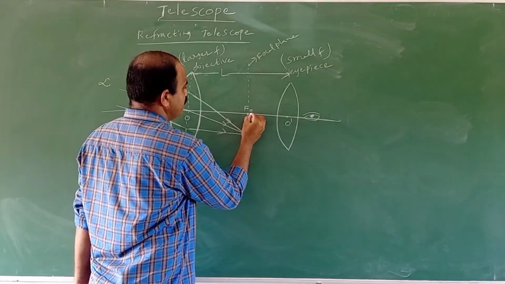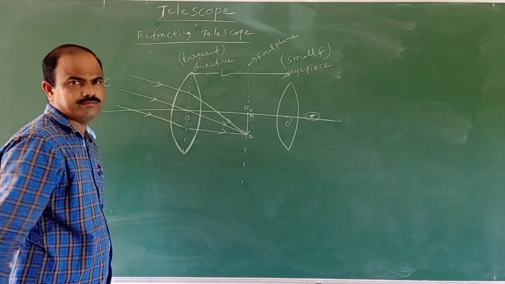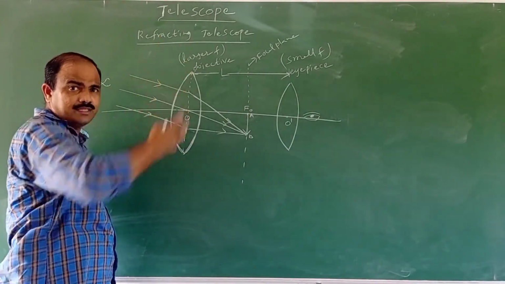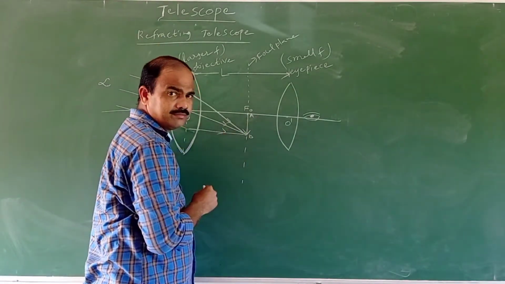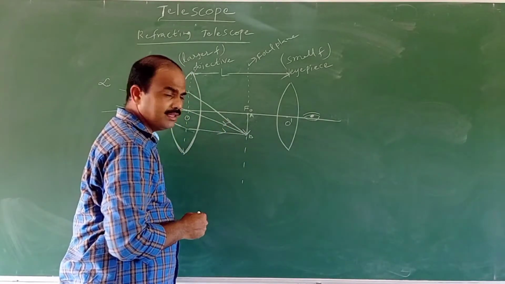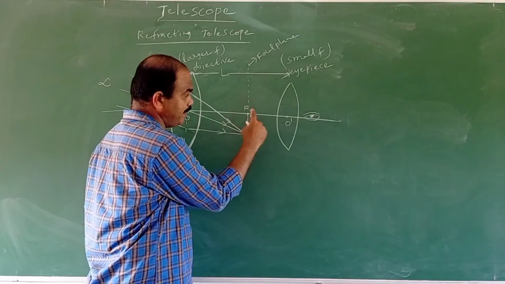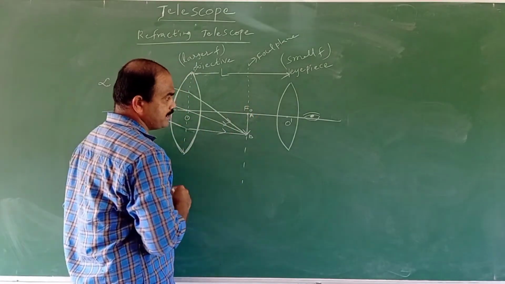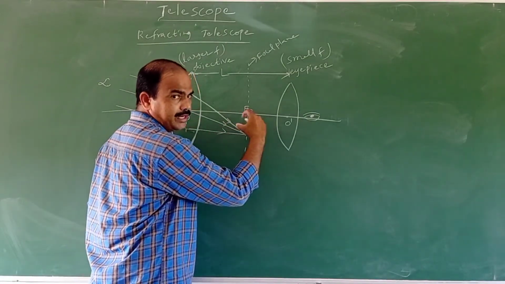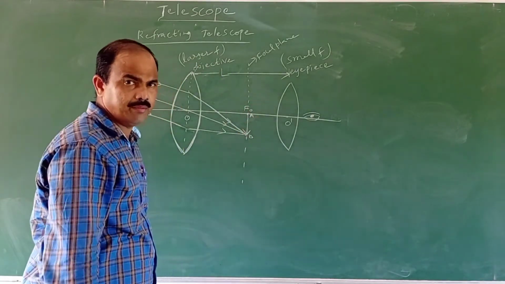Now consider this image to be AB. AB is the image formed by the objective, the image of the infinity object. It is an inverted image, formed because of the real intersection of the refracted rays. What are the characteristics of the image formed by the objective? The image is inverted and real, and it is diminished: compared to the size of the object it is very small, so it is highly diminished.